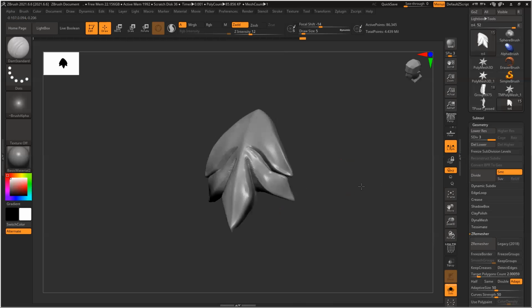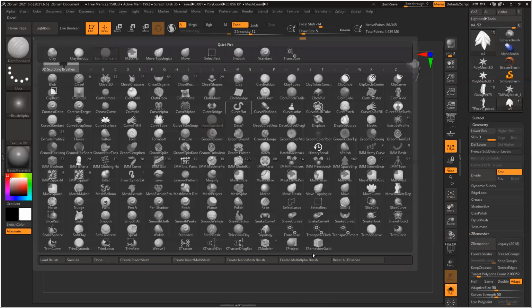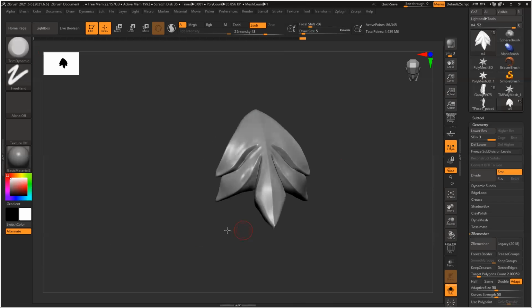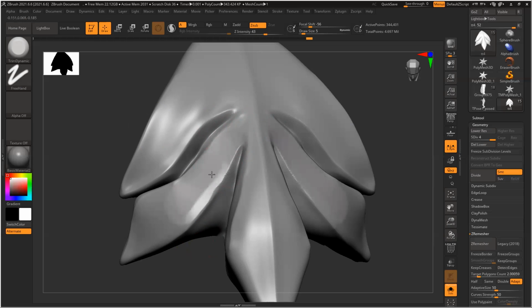Now the basic structure is almost ready, but I need to refine it. The surface is still not very clean. It's a little wobbly, right? Because it's a metallic part, it should be very clean and very defined. To define that, I'll use Trim Dynamics. What Trim Dynamics basically does is make that surface a little flat. So for any edgy surface or any flat surface, we can use this and make it really flat and clean.